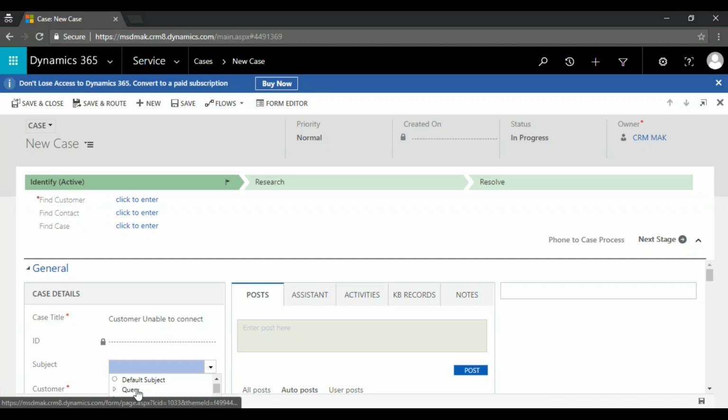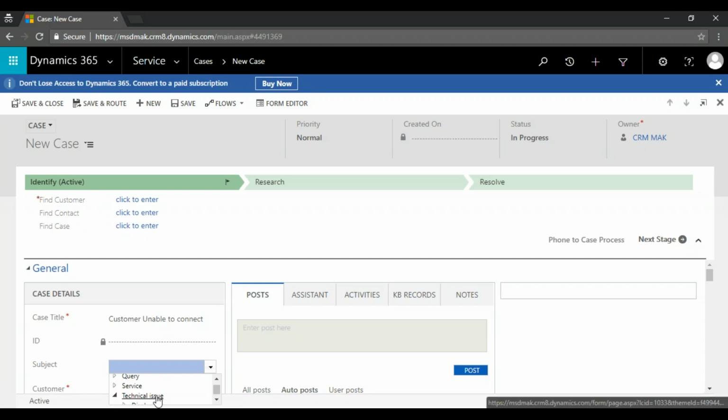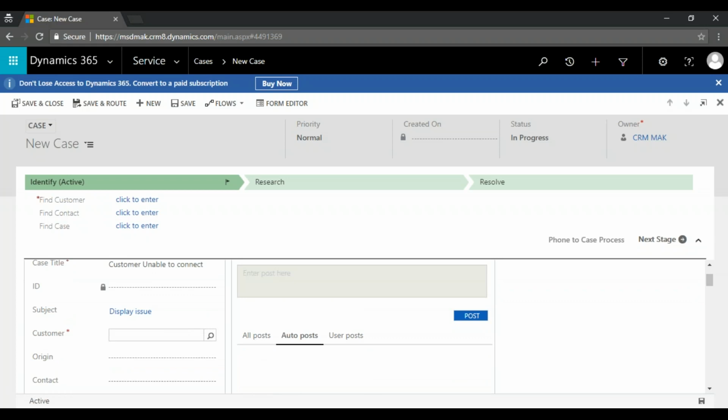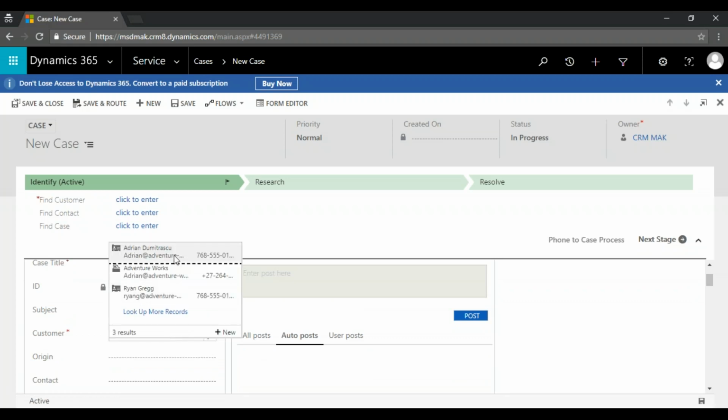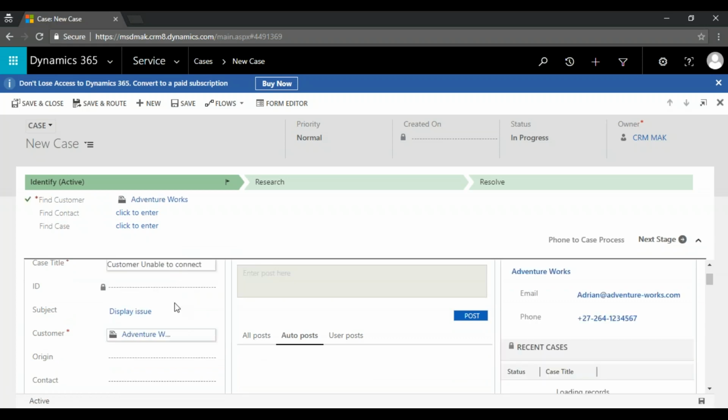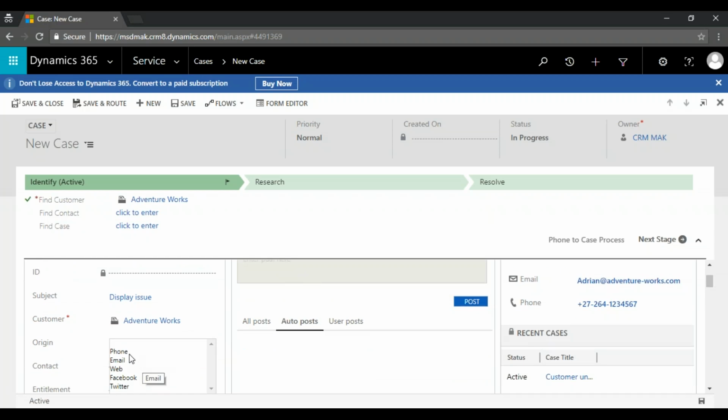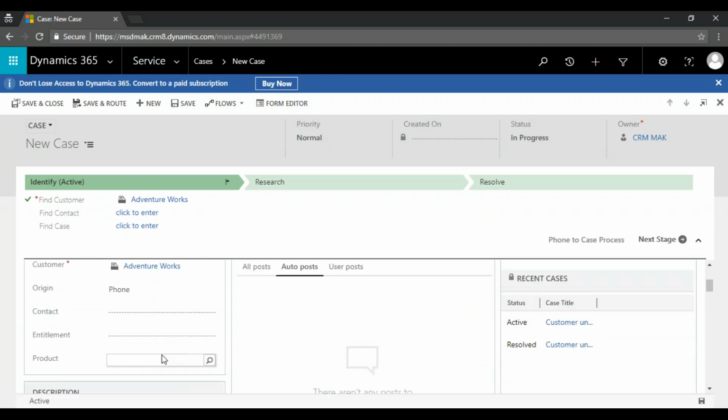Subject: technical, display related issue. Customer is Adventure Works. Origin, what we will say, phone call. And then I'm going to say entitlements here. I selected the entitlement. Now let me save this one.